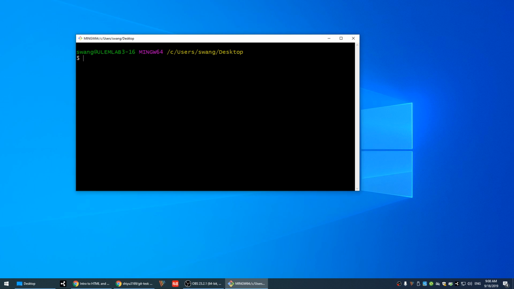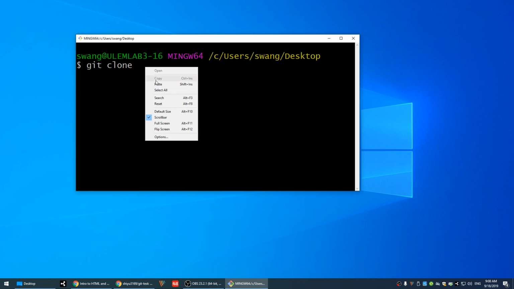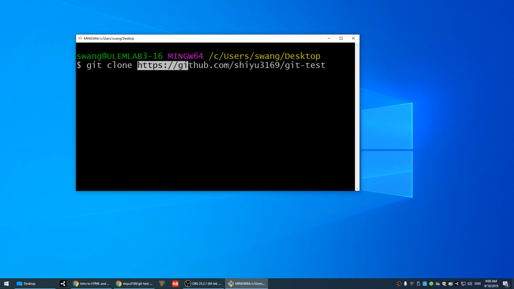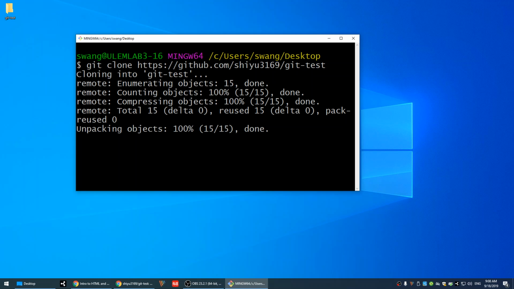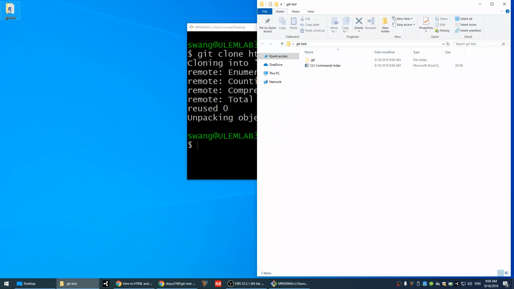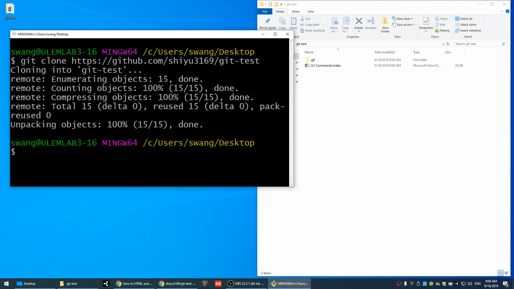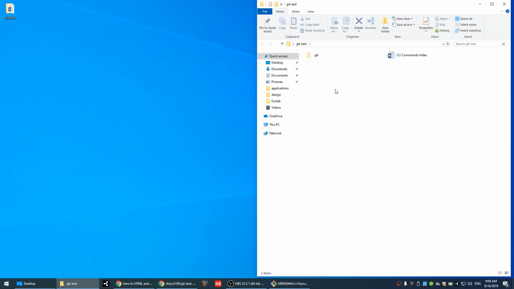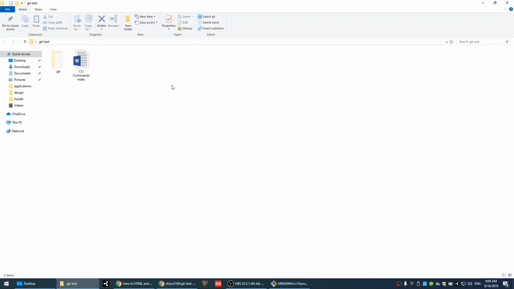and there's only one command we need, which is git clone, right? Git clone, and paste the URL address after it, right? Git clone this repository. So it's gonna make a copy of that repository in your local computer in here. Right, so I just copied the item we have on GitHub,